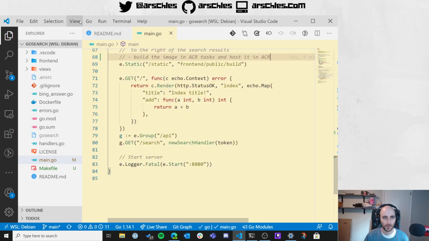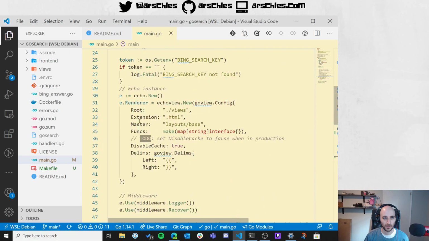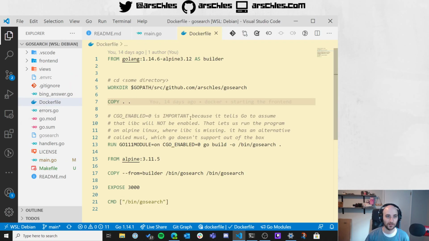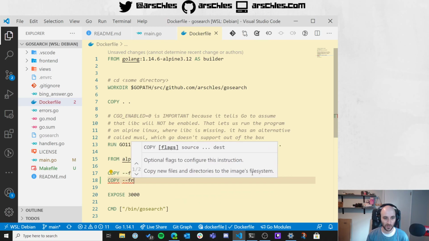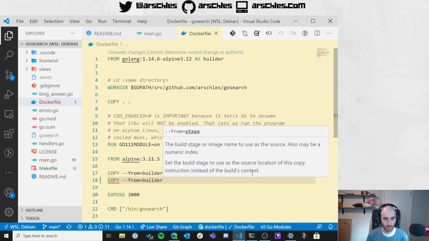We are somewhere creating, there we go. /views. Oh, you know what? We are not copying the templates or the assets into the finalized Docker file. We are copying all the code, but in here we're only copying the final binary. So copy --from=builder,